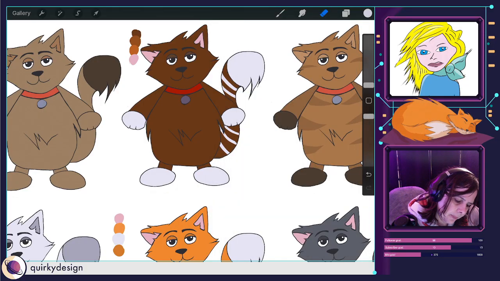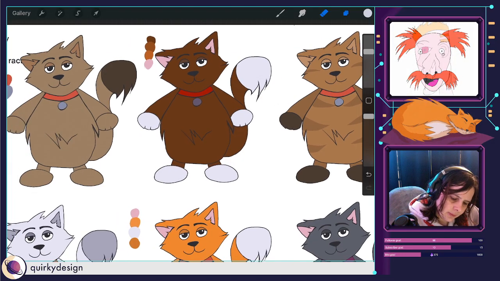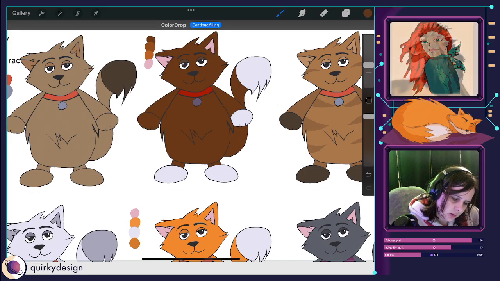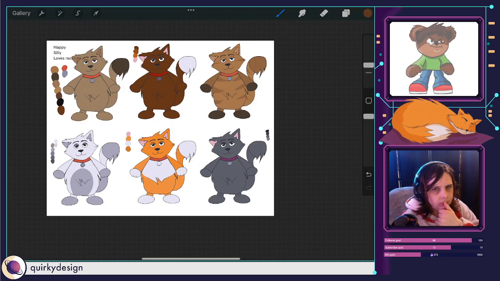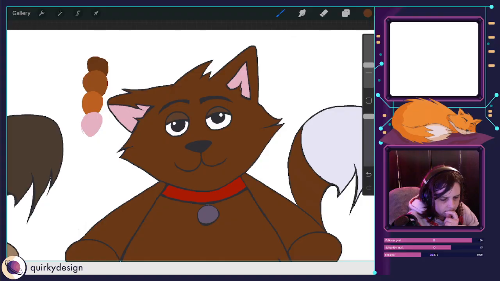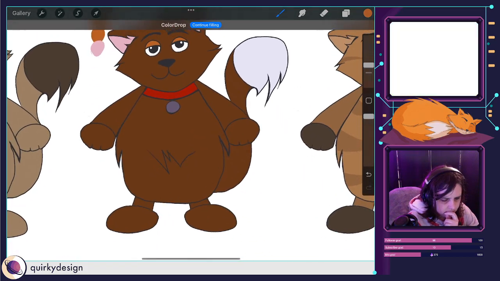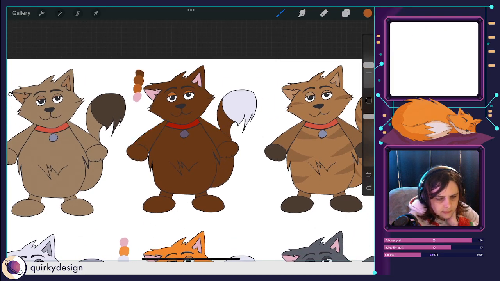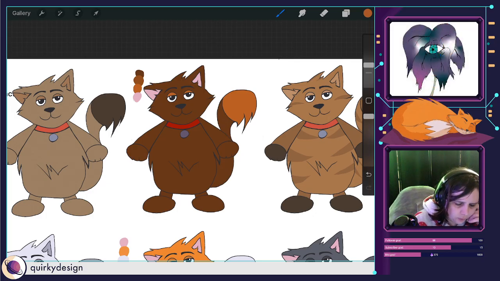It's too much. I like that colour because it breaks it up. I'm just trying to think how the other details would work really well.